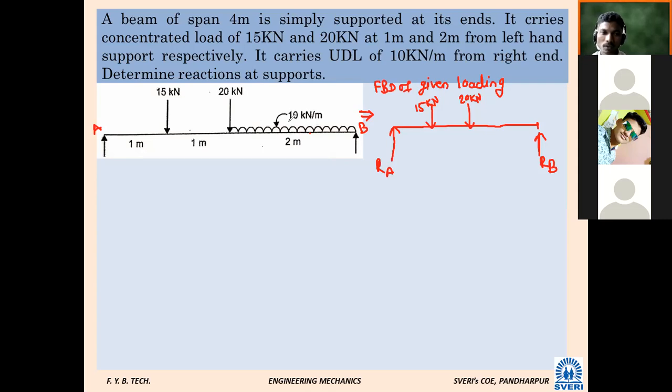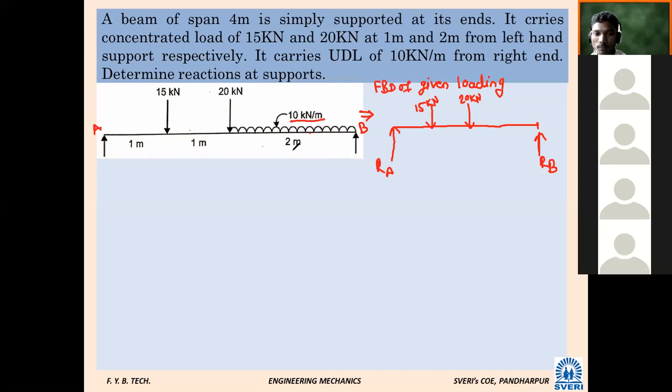What will the total load be? It is 10 kilonewton per meter. That is the intensity. What will be the total load? 20. How 20? 10 into meter. If you read this carefully, many people make a mistake here. Per meter means for every meter it is 10 kilonewton. So what will be the load for 2 meters? 20. It is 20.